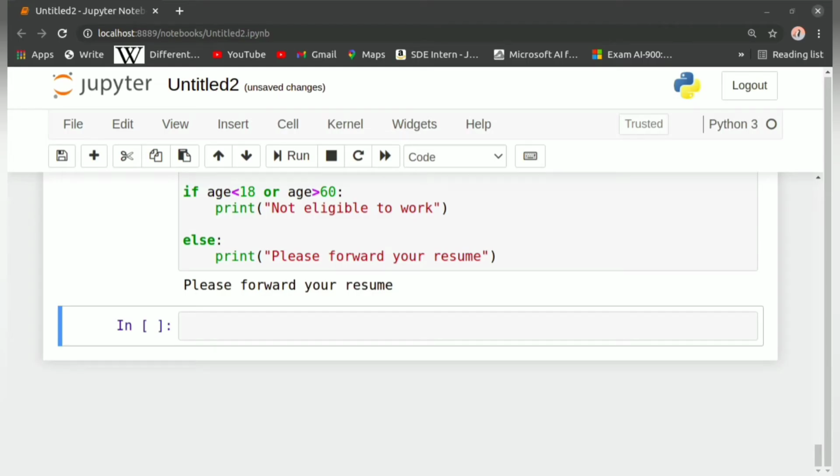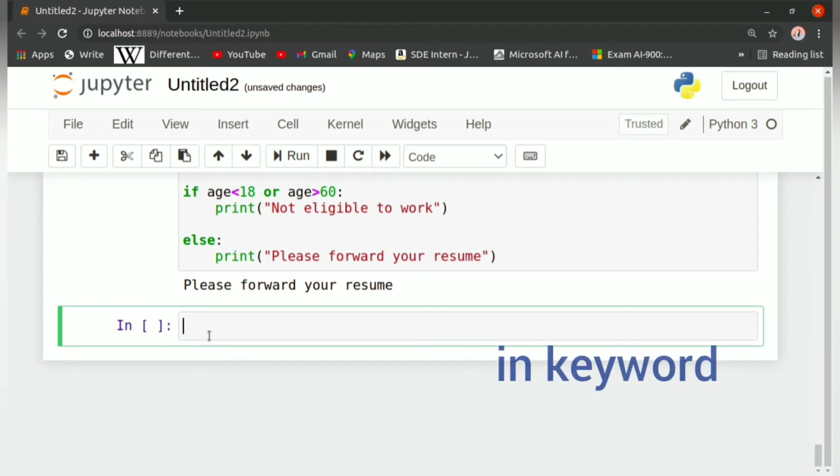Now let us talk something about the in keyword in Python. So basically we will be using in keyword along with the if statement. Let us say suppose we have a variable name which is equal to Olivia.